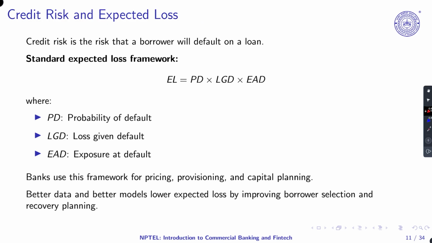Then we also touched upon, in Basel II, how we calculated credit risk and expected loss. Expected loss was PD into LGD into EAD. Probability of default we calculate through the regression approach based on the KYC details. Then we have the loss given default, which means how much the bank incurred as loss after the default. Suppose I took a car loan and defaulted on it, and the bank sells the car in the second hand market. Whatever is the outstanding amount at default, and whatever they get after selling the car, the difference is called LGD.